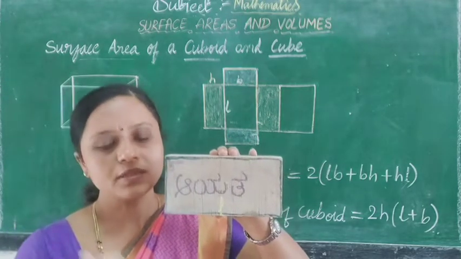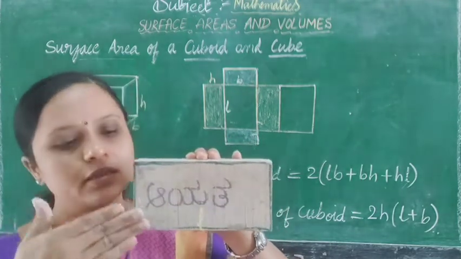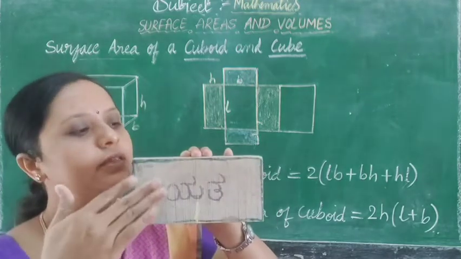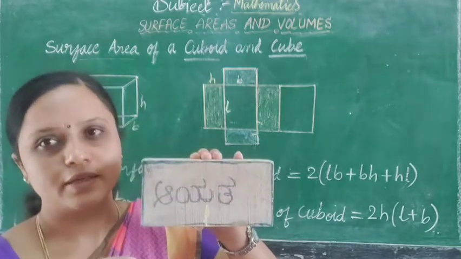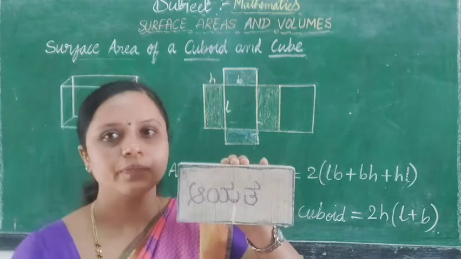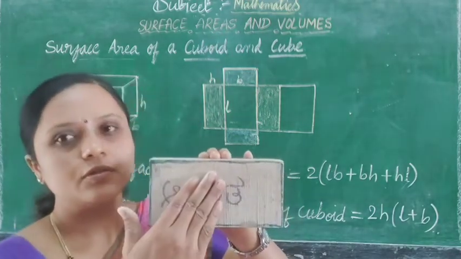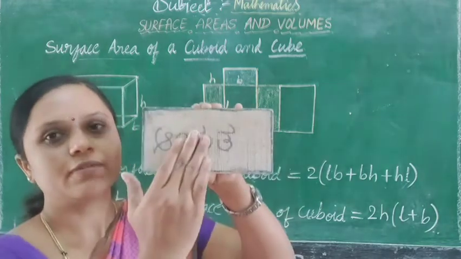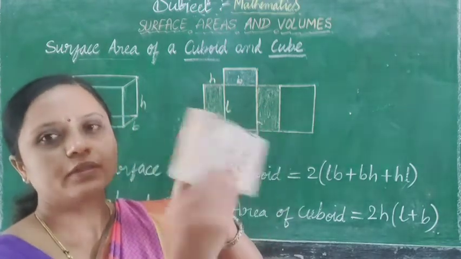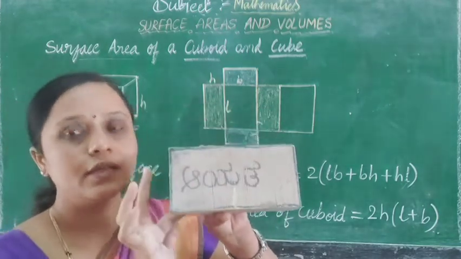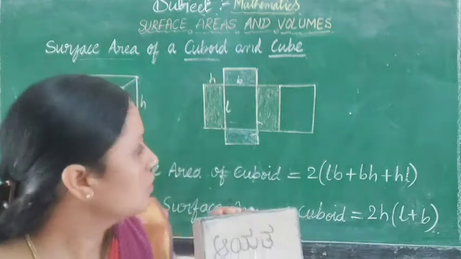What is the front area? The front face looks like a rectangle. What is the area of a rectangle? Yes, it is length into breadth. So these two faces are equal in area, the front and the back. So these two faces are equal. That's why you write 2 times